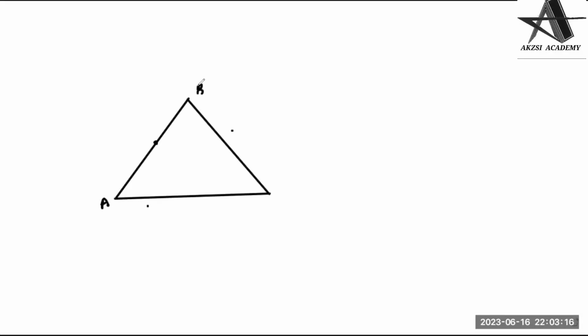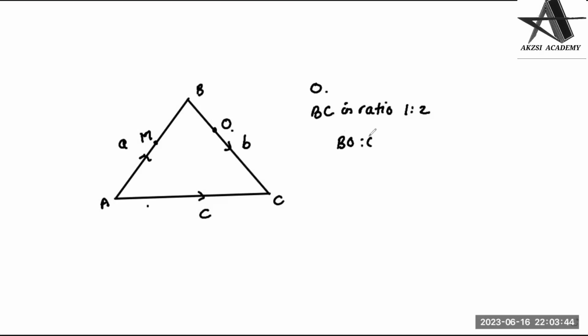A, B, C vector. Vector A to B is given as A, vector B to C is B, and vector A to C is C. Now there is a point M which is the midpoint of A to B, and there is a point O which divides the line BC in ratio 1:2. That means BO ratio OC is given as 1:2 and M is the midpoint. Then the question is you have to calculate vector M to B,